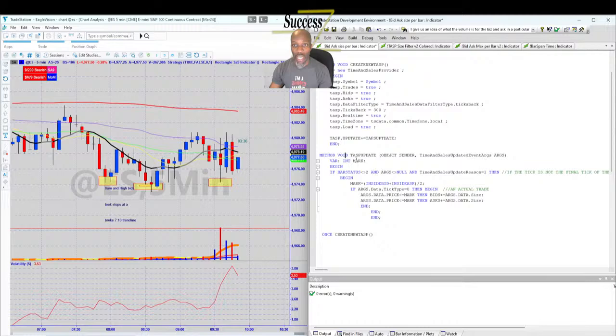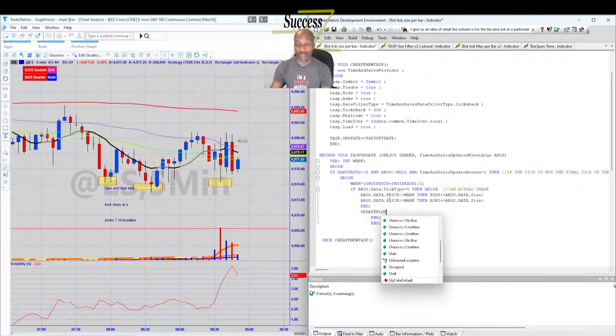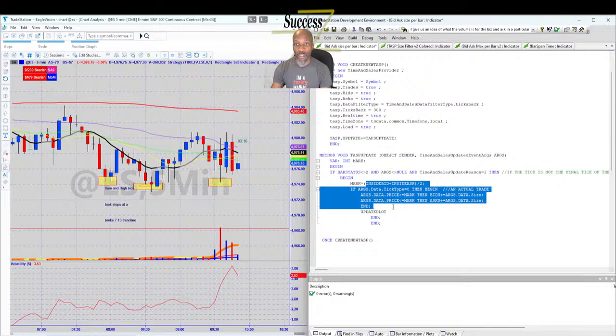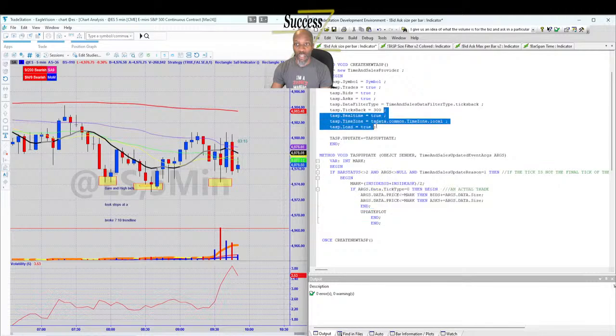And then before we get out of this method, we want to update the plot. This is continuously going to update this. So now once we get into here, this is continuously